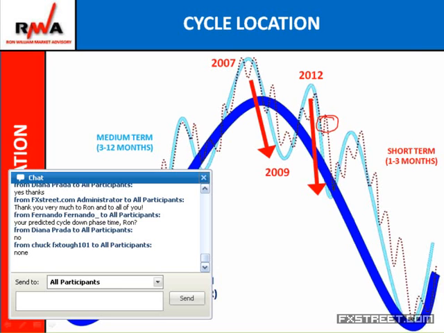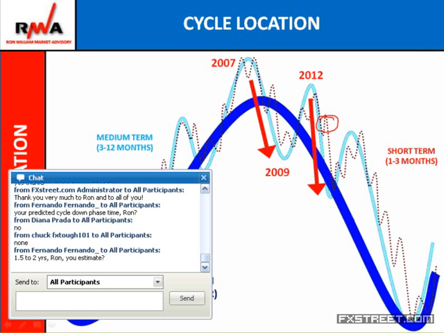First half of 2013 is likely to be a down phase in economic activity, and we're likely to see that shown on the US stock markets mostly. I think that the European stock markets are likely to stabilize versus the US stock markets. Remember, the US stock markets are much more overextended than most other stock markets around the world. And in the currency world, just because I know, of course, we're all currency traders here, this does suggest US dollar strength over the next few months.